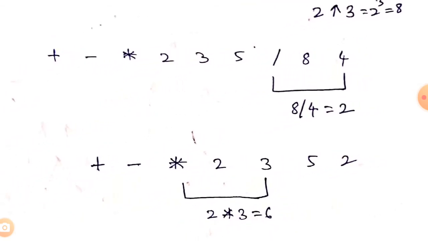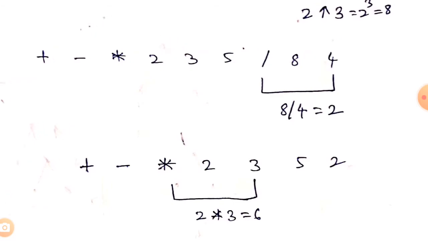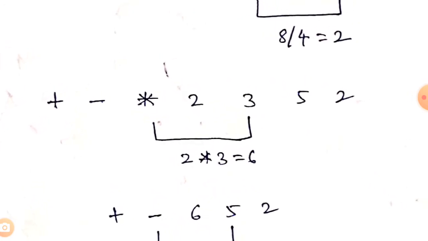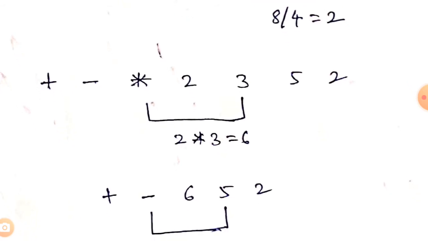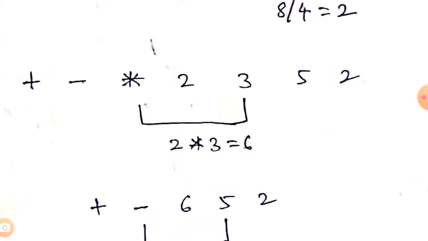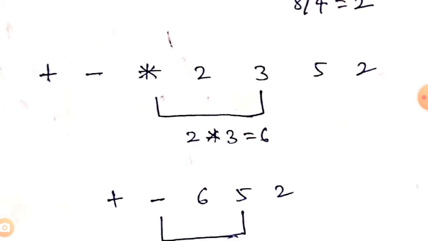Now you can observe plus, minus, star, 2 3 5. Then in place of these 3 values, only 2 is required. Now from this plus, minus, star, 2 3 5 2, you can observe from right to left, star is the first operator, okay. Now after star, you can take 2 3 also, okay. Now from these 3, what expression can we get? 2 into 3, okay. 2 into 3 is equal to 6. Like that you have to take here.